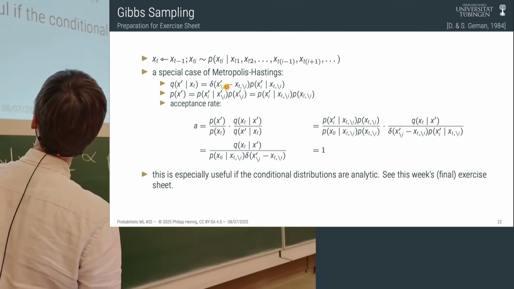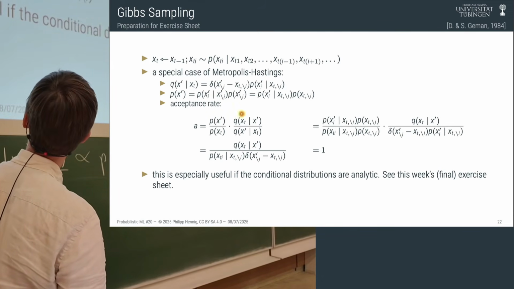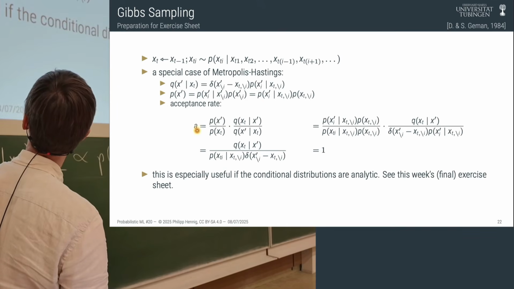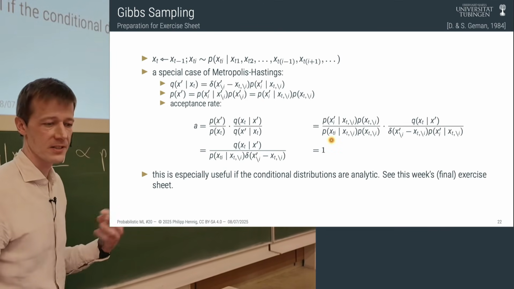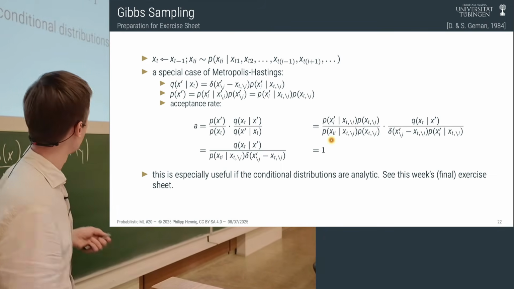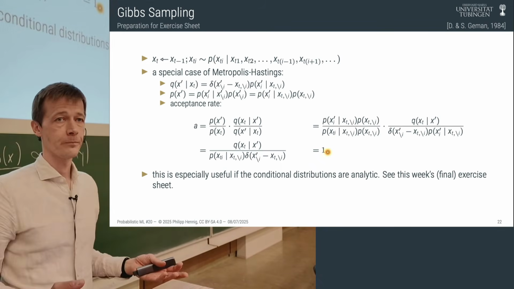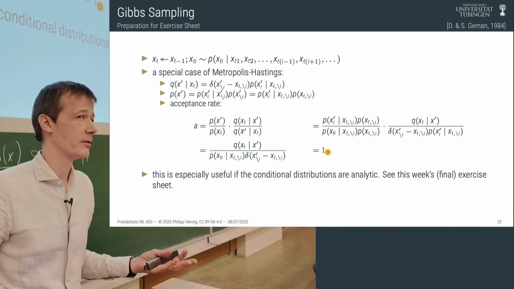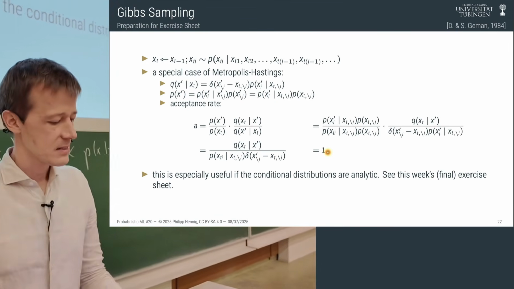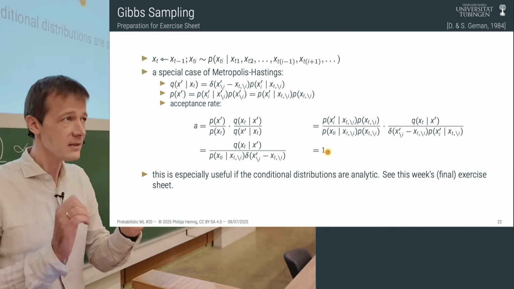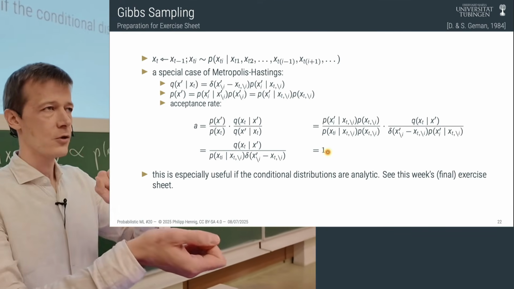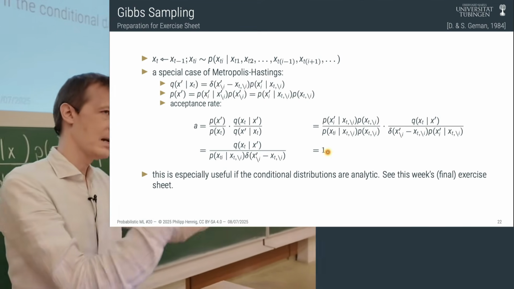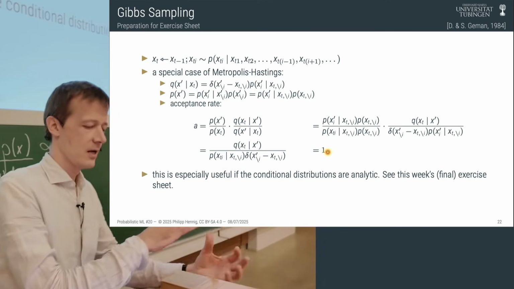And then when you do that, you can plug in this update proposal into this acceptance rate equation for Metropolis-Hastings. Everything cancels out, and you'll find that the acceptance rate is 1. So you'll just always accept, which means you don't even have to think about accepting. You just run the algorithm. And this is not in general a good idea, but in these settings where you have this conditional analytic structure, where given one set of variables, the other stuff is analytic, and then vice versa,